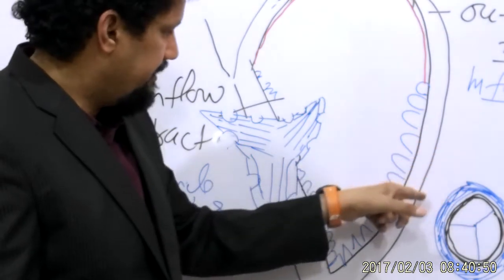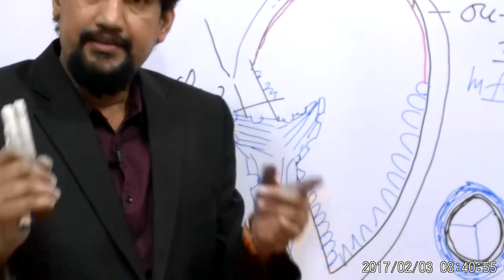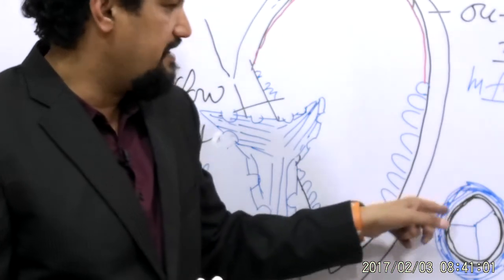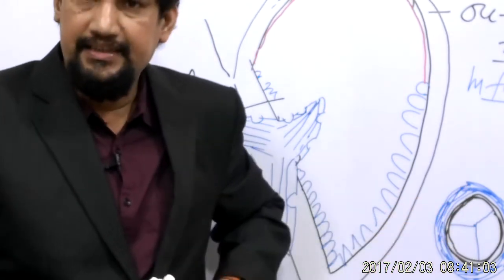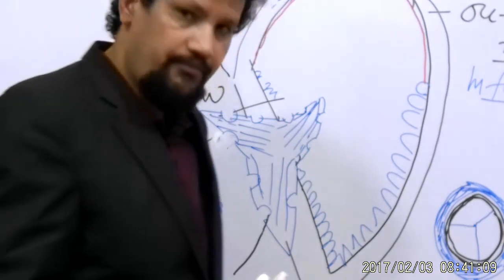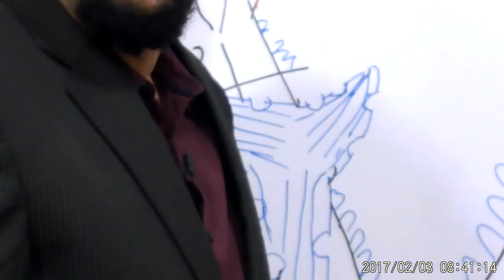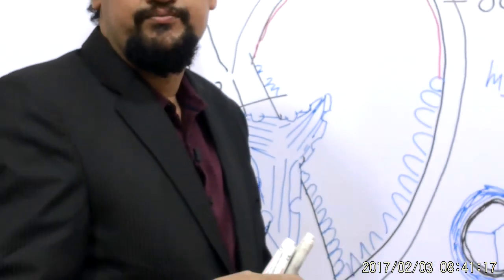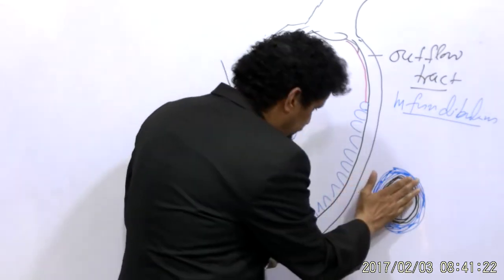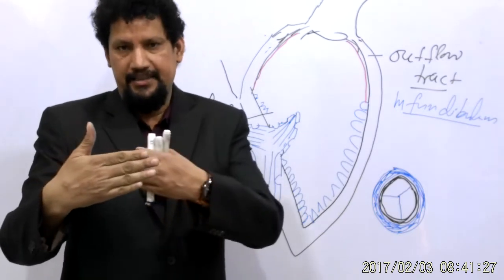This is the tricuspid orifice. Orifice is simply an opening. This opening is having, or it is succeeded by, a collagenous fibrous ring. This ring is known as tricuspid annuli or annulus tricuspid, and it is having two rings. The annulus tricuspid is having two rings, one is anteriorly and other is posteriorly.